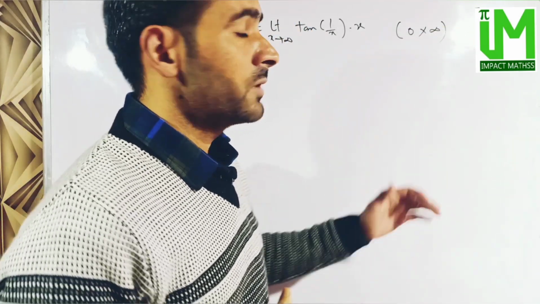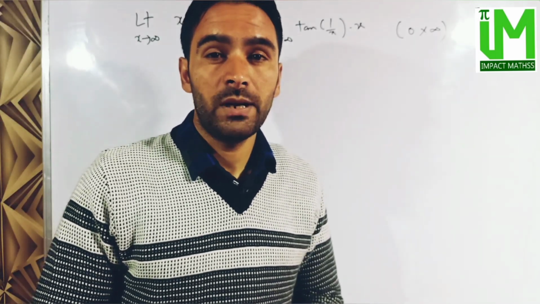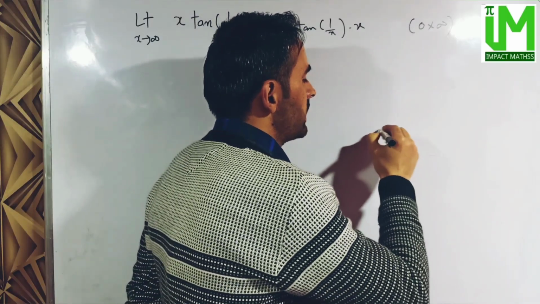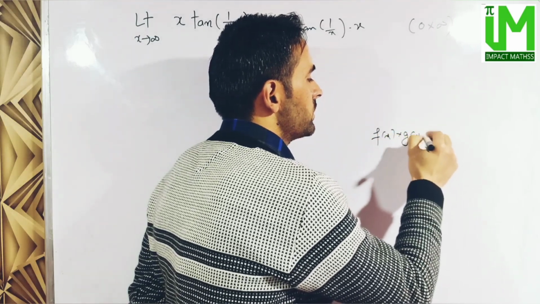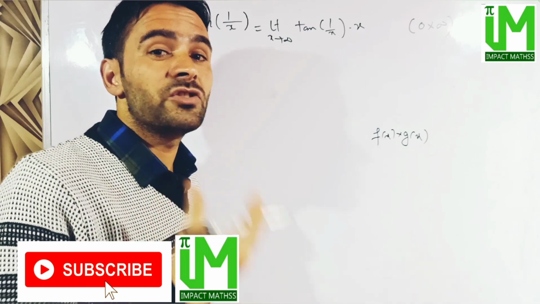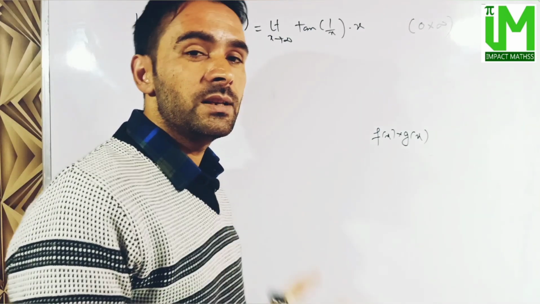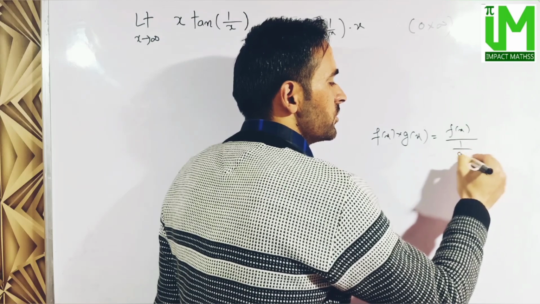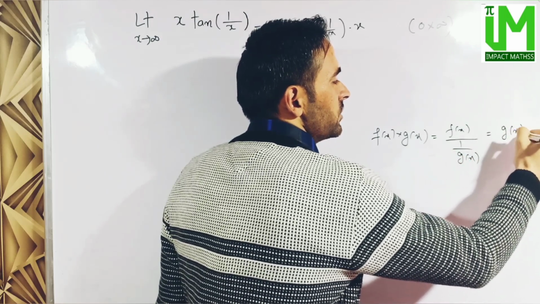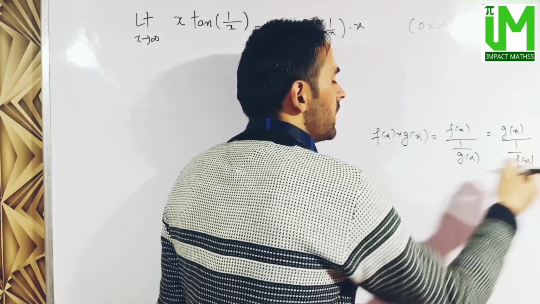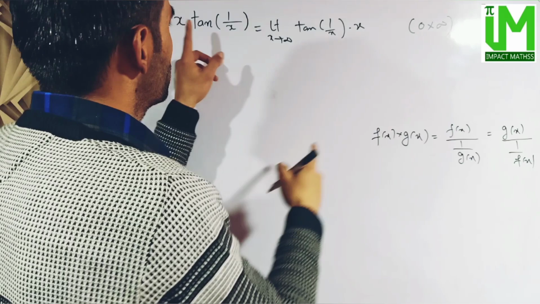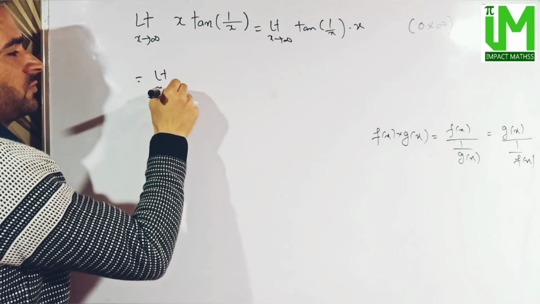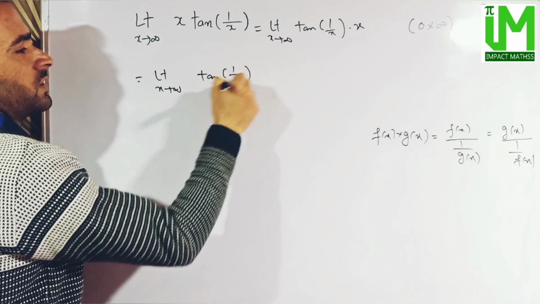Now in order to solve 0 into infinity form, we convert this form into 0 by 0 form or infinity by infinity form by the following relation. जैसा कि हमने पहले देखा, f(x) into g(x) अगर indeterminate form of the type 0 into infinity है, then इसको 0 by 0 form या infinity by infinity form में convert करने के लिए we write f(x) into g(x) as f(x) divided by 1 over g(x), और हम ऐसा भी लिख सकते हैं g(x) divided by 1 over f(x). अगर f(x) का वैल्यू हम x दें and g(x) will be taken as tan of 1 by x, then we can write this as limit x tends to infinity tan of 1 by x divided by 1